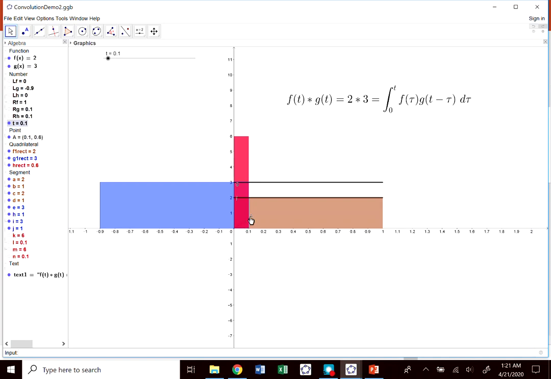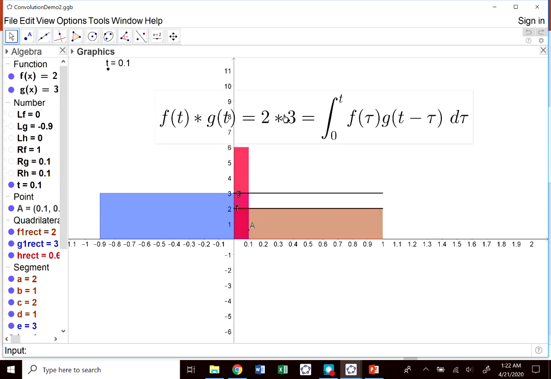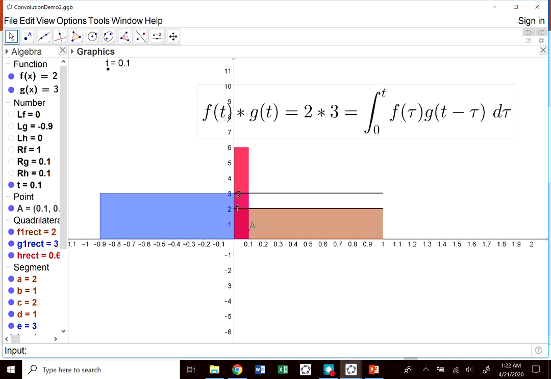So you notice there is a little itty bitty point A here. Let me see if I can increase the font size. Yeah, I like that better. Okay, so this little point A has coordinates of 0.1 and 0.6. So that is the value of your convolution at t equal to 0.1. Okay, so if we keep scooting this more and more to the right,